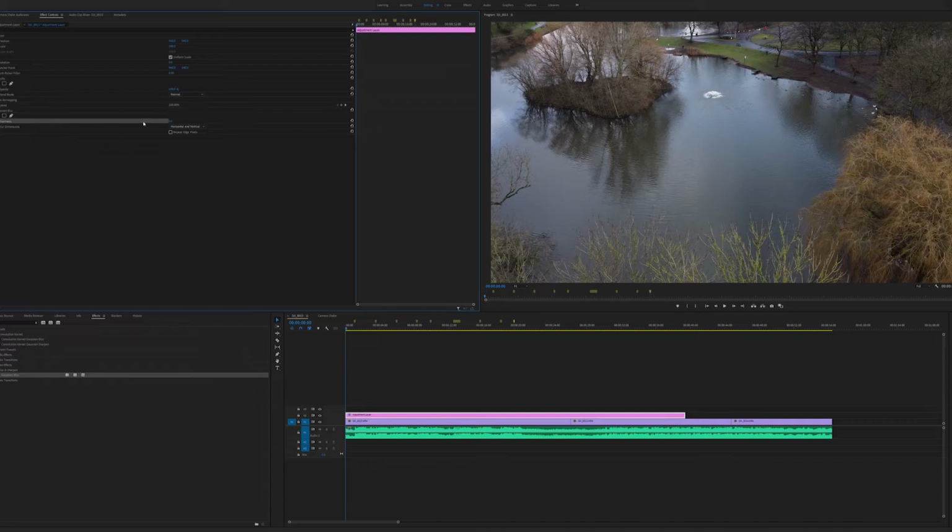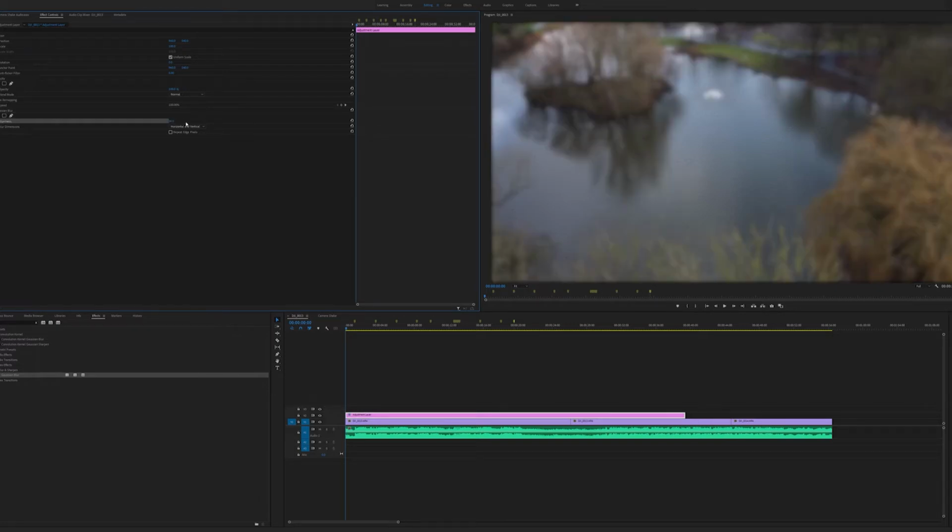So we're going to go to blurriness, and type in a number that we want, whatever you want it to look like. Play around with that and see whether you want it blurrier or less blurry. When you play it back, you may need to change it to just horizontal or just vertical, and maybe reduce it. It all depends on your clip. For me, I find 30 works pretty well.